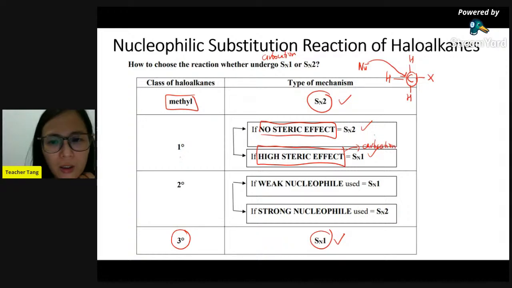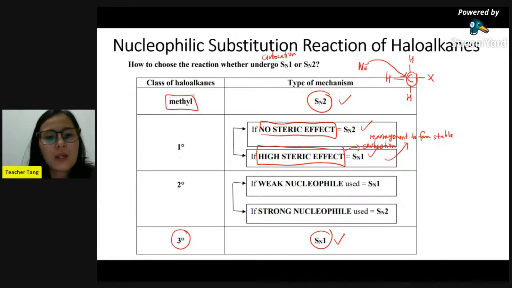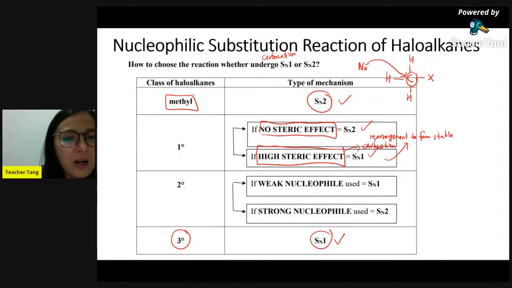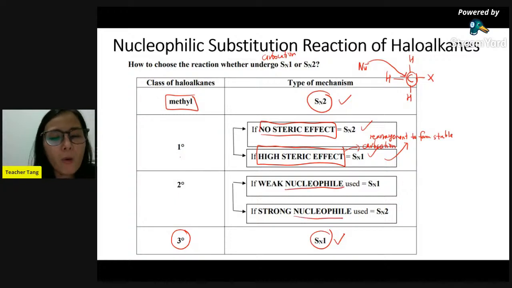It will undergo rearrangement to form a stable carbocation through the SN1 reaction mechanism. So for secondary haloalkane, we need to look at the nucleophile. That's why I told you the nucleophile is very important. So weak nucleophile, remember, SN1